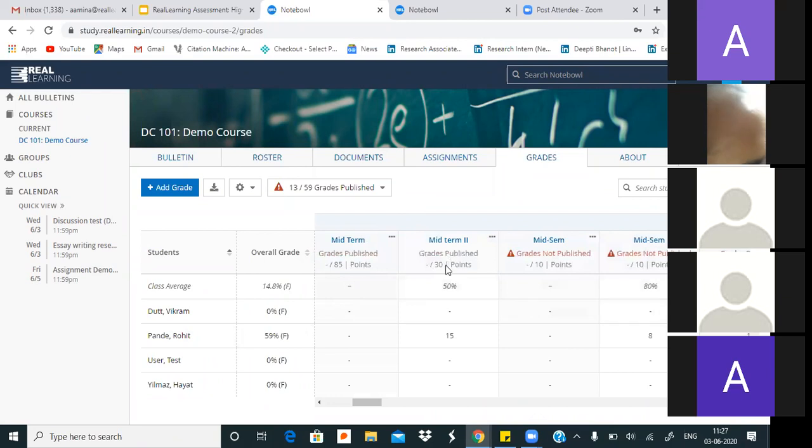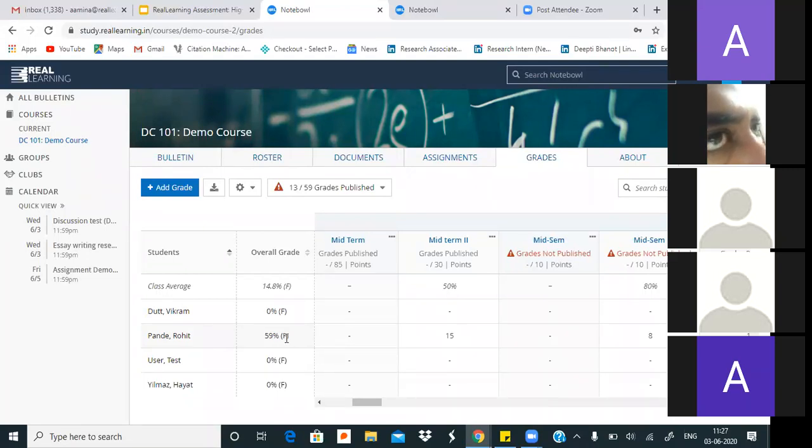For each student, I can see the marks they have received and how they are performing. There is also an overall grade section. Student-wise, in front of each student, I get to see their overall performance. So far in my session, Rohit Pandey is getting 59%.